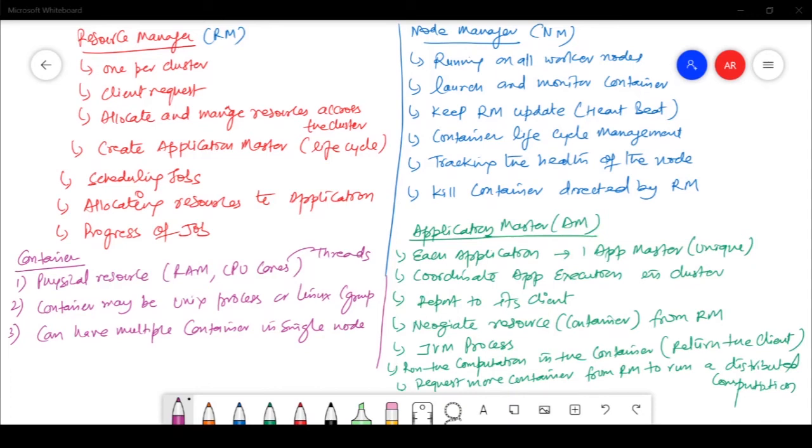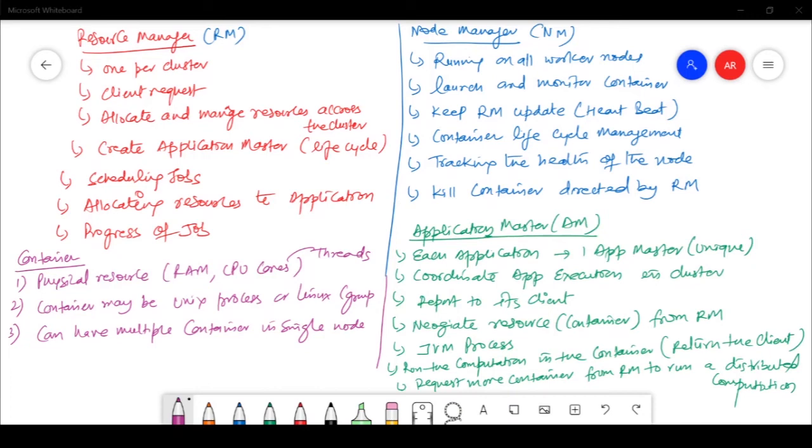Now, fourth point, negotiate resources from the resource manager. Because you are the project manager, Anusha, you know that in your project you need three developers, one software engineer, one tester, and one database administrator. So you know that you have these kinds of resources. That means you will negotiate the resources from the CEO of the company. I need these kinds of resources, and I have the information of all the resources because I am one in the whole cluster, and I am keeping track of each and every resource in the cluster.